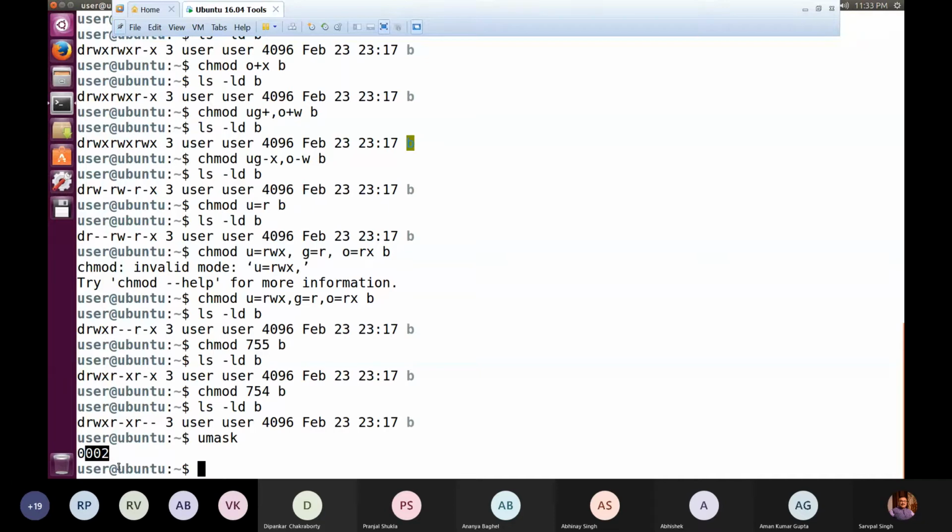So we'll see the discussion which I deliberately skipped, because right now this is not our topic: what is the significance of the first digit. Here I am telling you only 3 digits, but actually there is one more digit which precedes the 7. That of course has a different meaning. What that digit means, we'll discuss later on.